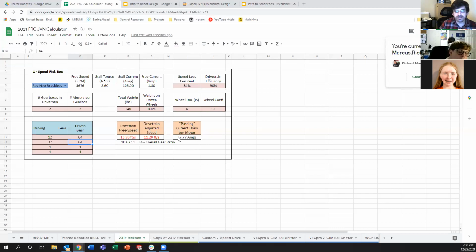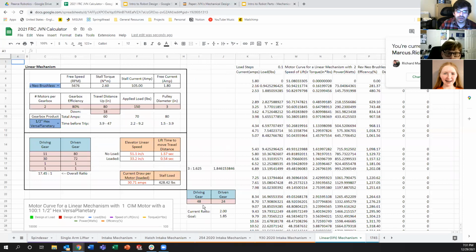So there's a bunch of tabs down here. They're not just for drivetrains. You might have different mechanisms too. So if you have a lift mechanism, I don't know what's going on here. But I think this is one that I'm messing with. That's fine. But I did want to go back to the drivetrain there for all the teams,